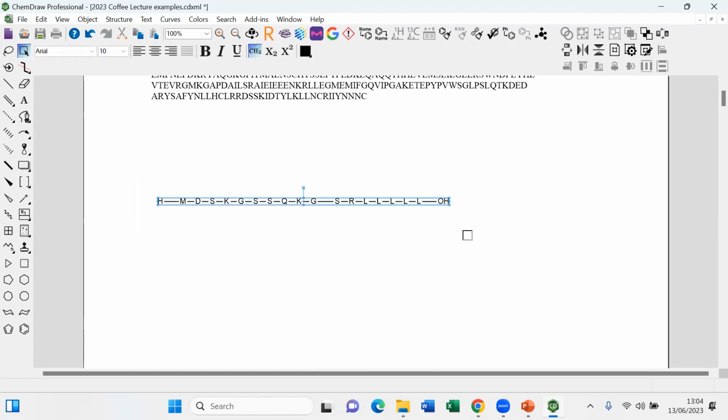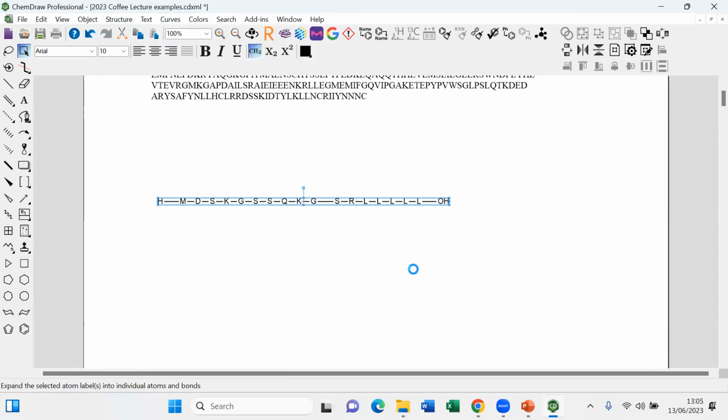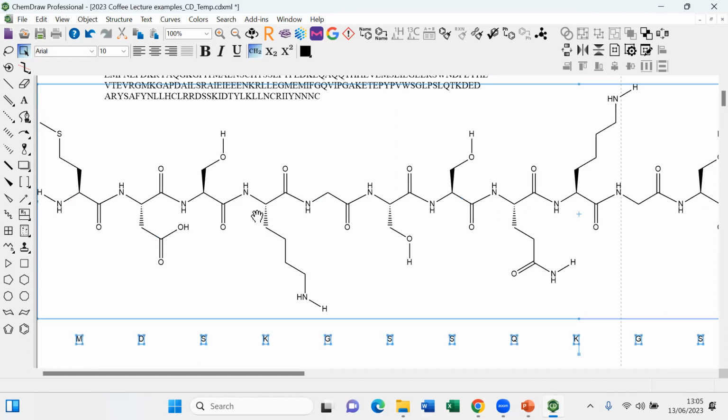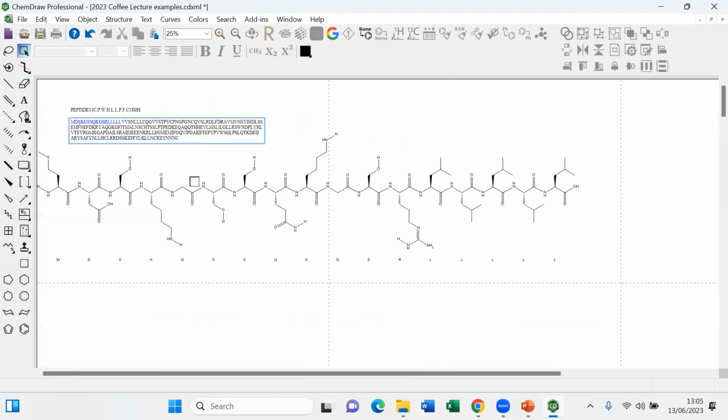Now the advantage of this is that we can use this to create an actual structure or molecular formula. With that, I select this thing, then I go to Structure and I say Expand Label. Now this takes a few seconds. And now we have a nice molecular drawing of this peptide. As I said before, this works reasonably up until a certain size. You also see now it's getting pretty big. It covers several sizes. I could rescale it, but at some point you will have trouble seeing anything.